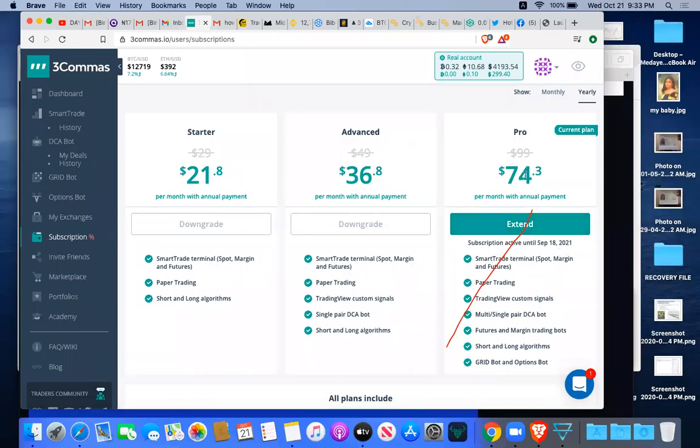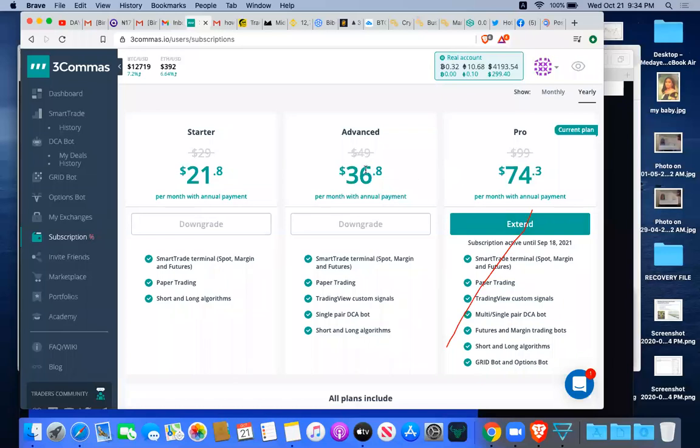But in the subsequent year, if you're paying per year, that means 74.3 multiplied by 12 months, you're going to have $800 and something for a year. And a whole lot of things you make use of. If you look at my account, I renewed this year, September. So next year, September will be another renewal. My first account on this was in 2018, renewed 2019, September, then renewed this year, September. So I've used them 2 years, and there are a good number of things that you can make use of there.